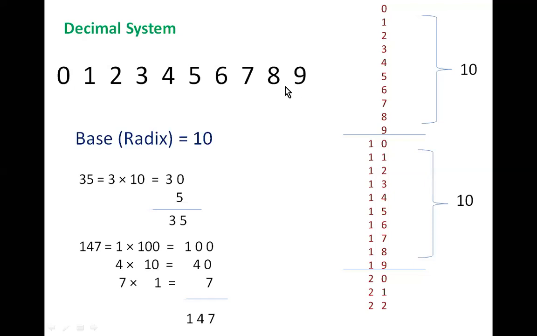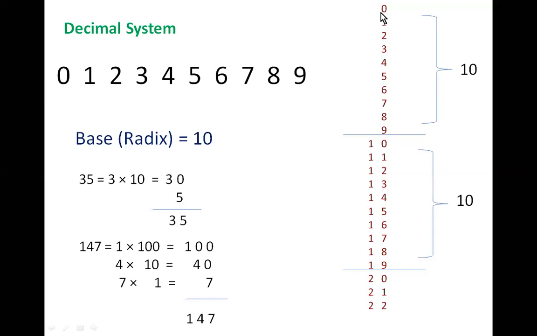Means 9 is equal in weight to 8, to 7, to any other number in the decimal system. Okay, just remove weights for these numbers. Now all of these symbols have equal weight. Okay, let's see. Now if that is the case, how do you count? How do you carry out the counting?